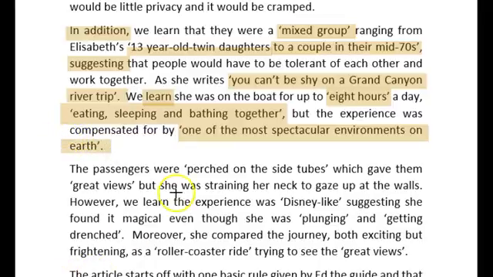The passengers were perched on the side tubes, and this is giving us some more information about where she's been and what she's doing, which gave them great views. But, and this is your contrast here, she was straining her neck to gaze up at the walls. However, although it sounds uncomfortable, we learned the experience was Disney-like, and your inference suggesting she found it magical even though she was